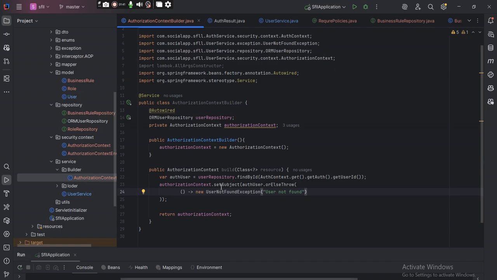And what's happening is that we are getting the ID from the authorization context, which we set at the filter level. If you are not yet familiar with that, you should go back and watch the videos. And then we try to set the subject of the authorization context, which is the current user. Like I told you, in this case, it's going to be the current user, the actor. And then we also are going to try to set the resource,